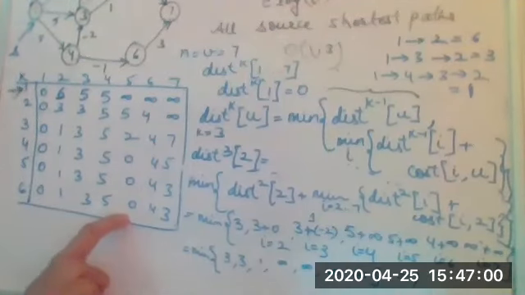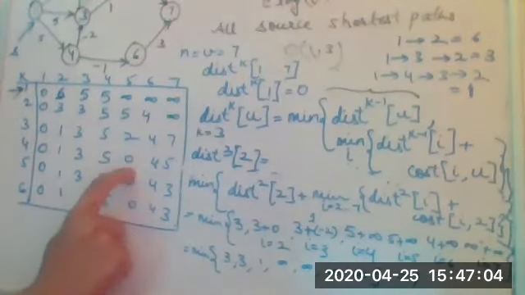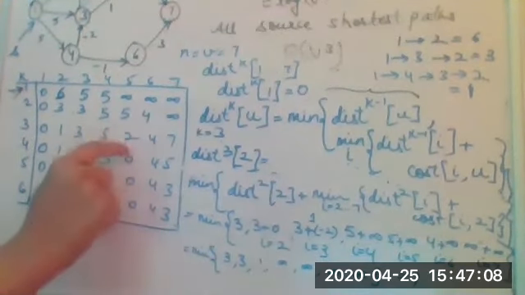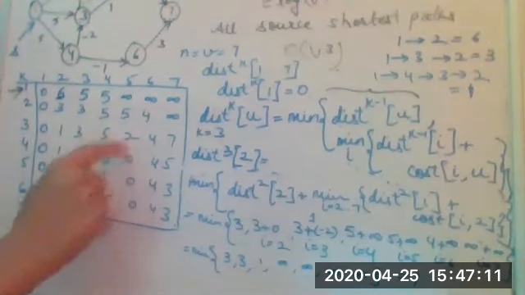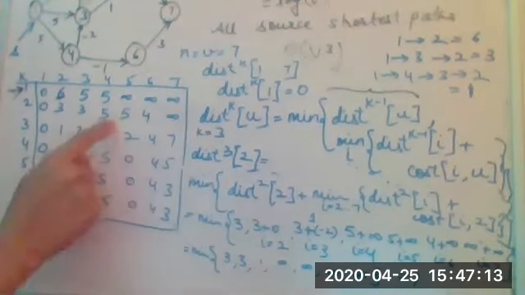Now for the fifth vertex, it has actually become 0 here. Yes, so you can see that the previous value was, if you check into this table, the previous values were